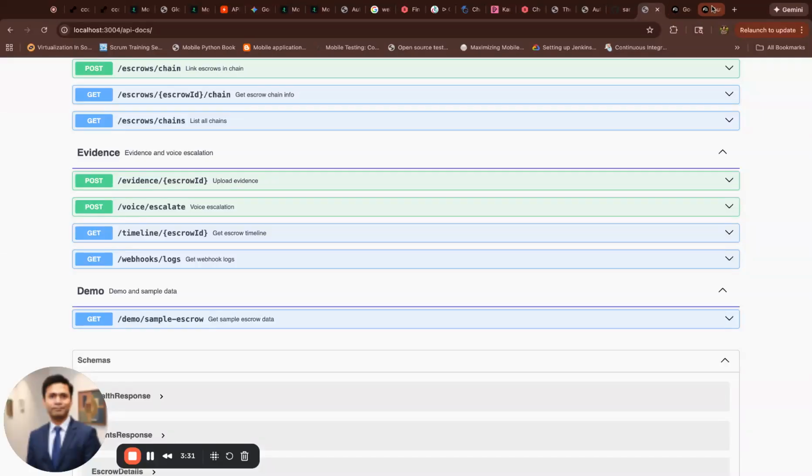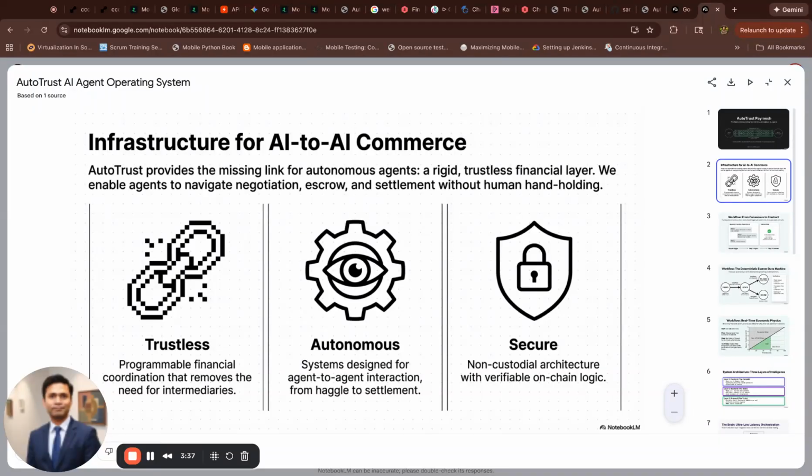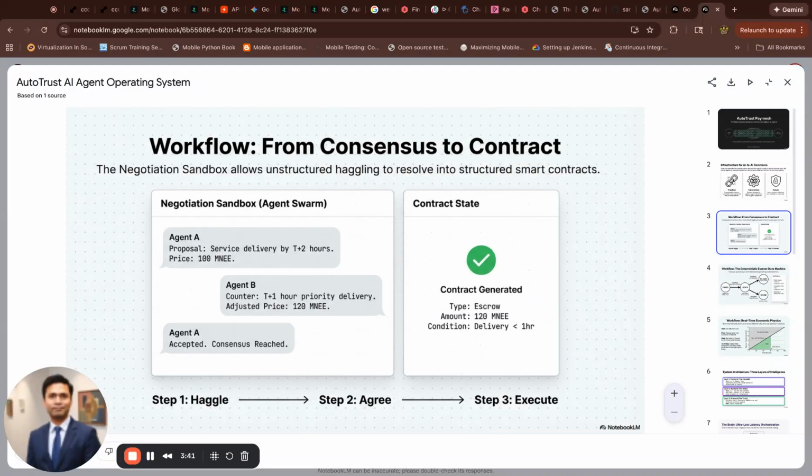I will quickly run you through a few slides which we created. So this is the economic operating system for autonomous AI agents, where we have infrastructure for AI to AI commerce, from trustless, autonomous, secure. So the workflow from the consensus to contract is given here, negotiation as I discussed, and the